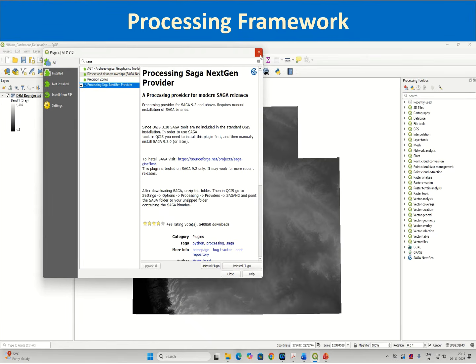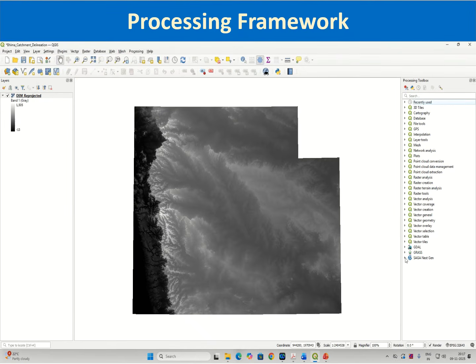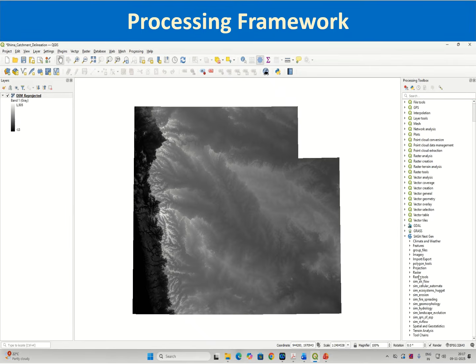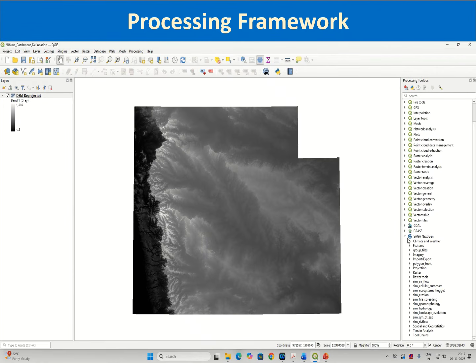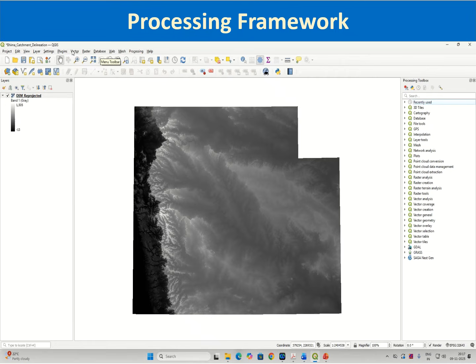Now you will also find under processing toolbox a new head has been added, SAGA Next Gen, under which you will find so many tools. You will find many of the tools which will be useful for basin delineation and terrain analysis. We will see them. So once it is done, now the next part is we have to